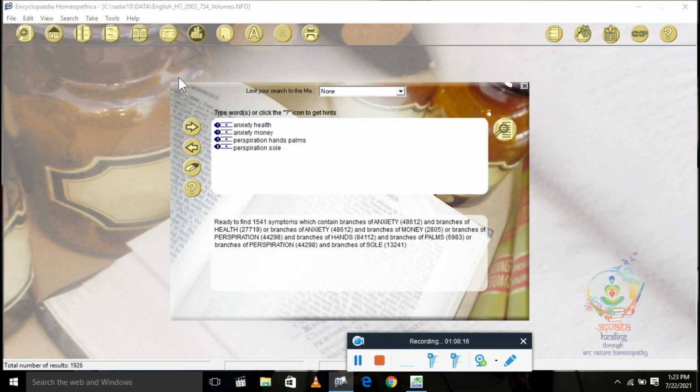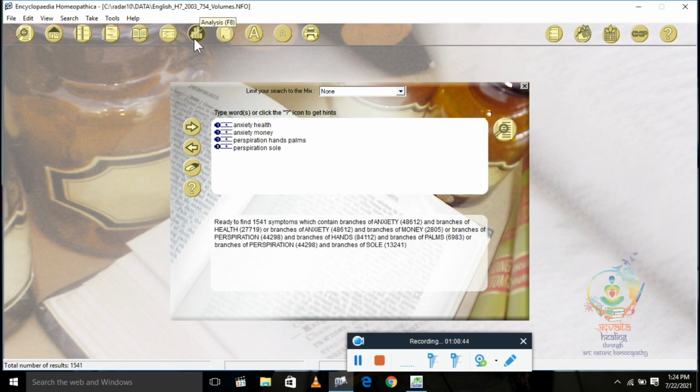Now let's see. I have put 4 different symptoms in different words. So anxiety, health is 2 words, anxiety, money 2 words, perspiration, hands, palm 3 words, and perspiration, soul. And now we are searching all of this within 6 words.